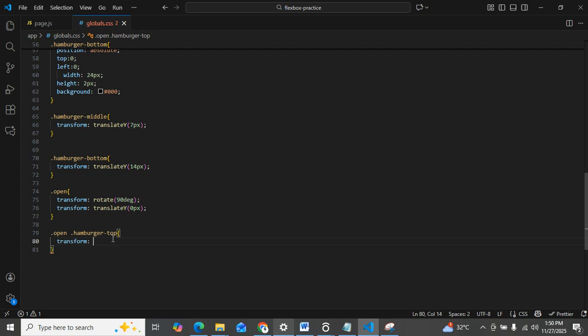All right, so I'm going to transform, rotate 45 degrees. So I'm going to transform or translate six pixels, and then